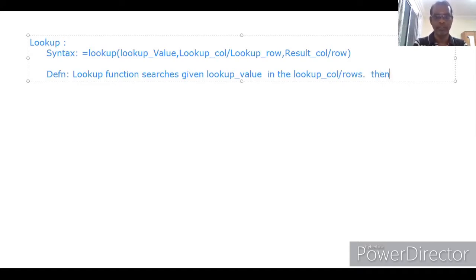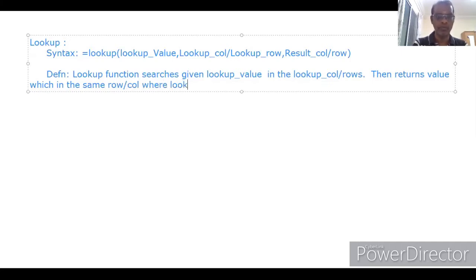Then it returns the value which is in the same row or column where the lookup value is found, from the result column or row.